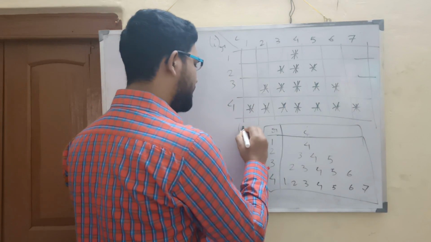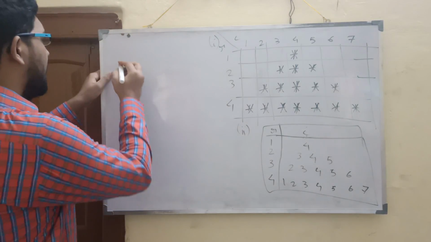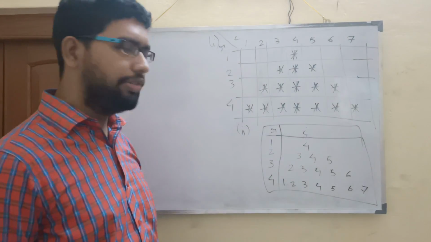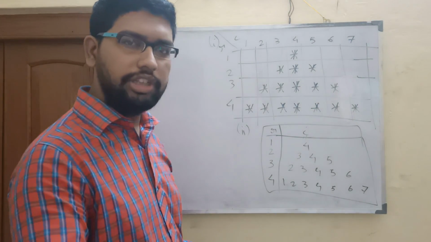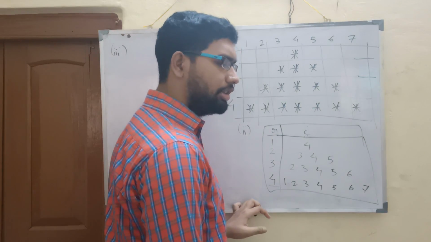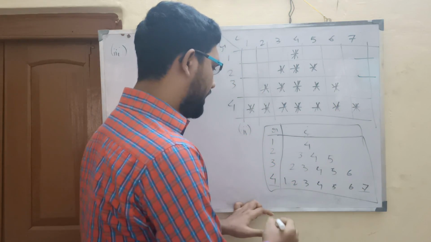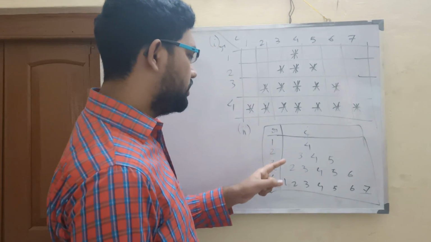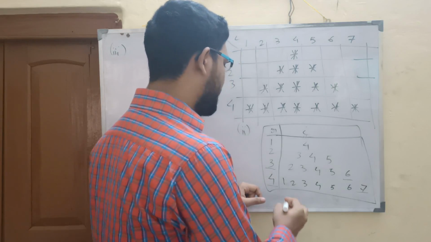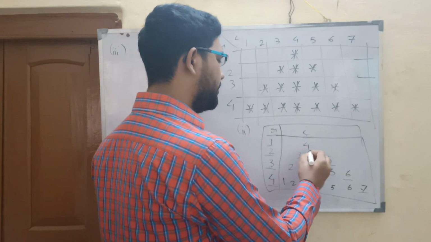Step number 2 is to write down the logic, and step number 3 is to understand the meaning behind it. If you start from the last line, at row number 4, the last star is printed at column 7. At row 3, the last star is printed at column number 6. Similarly, at row 2, it is printed at 5, and at row 1, it is printed at 4.